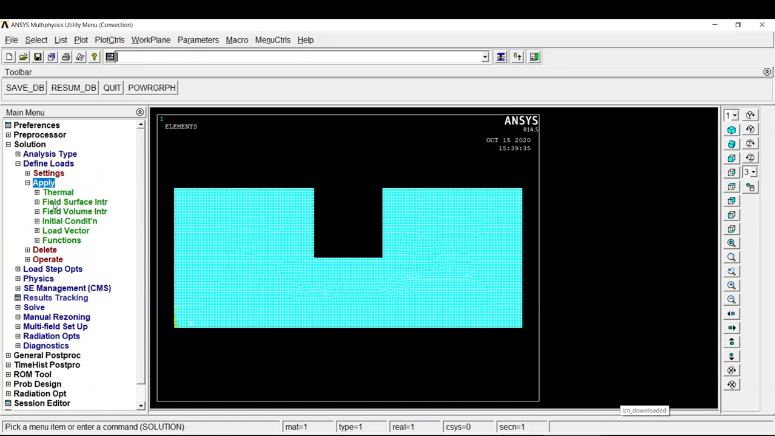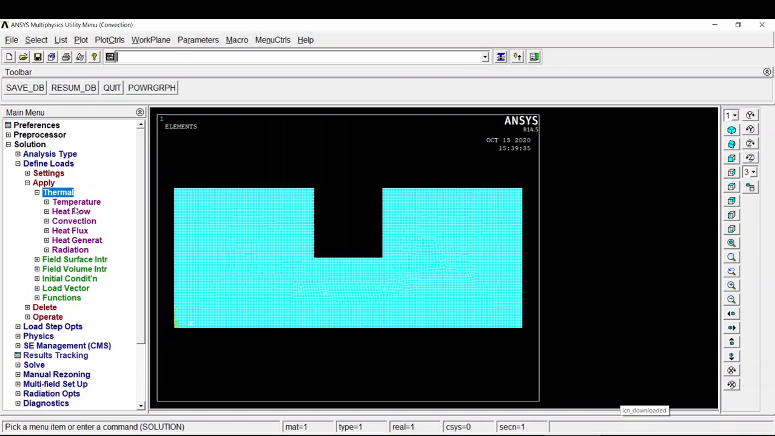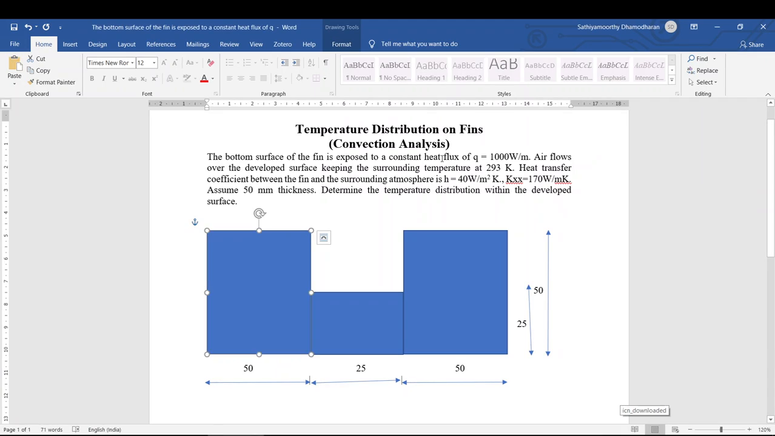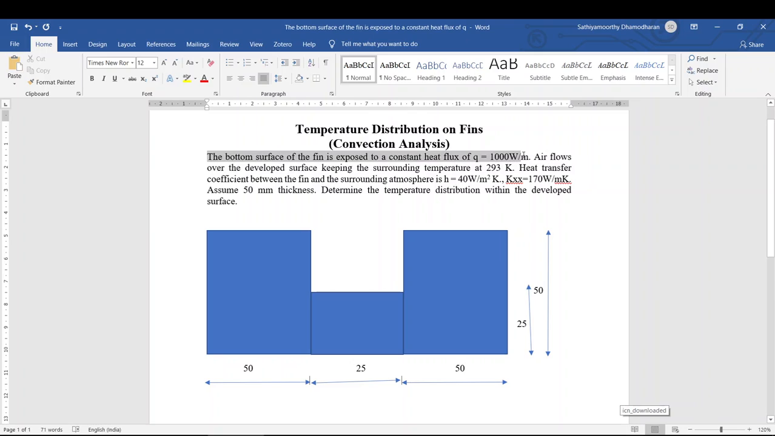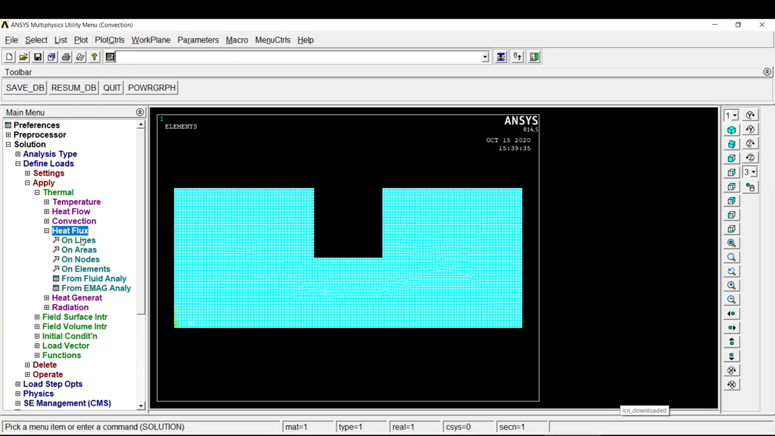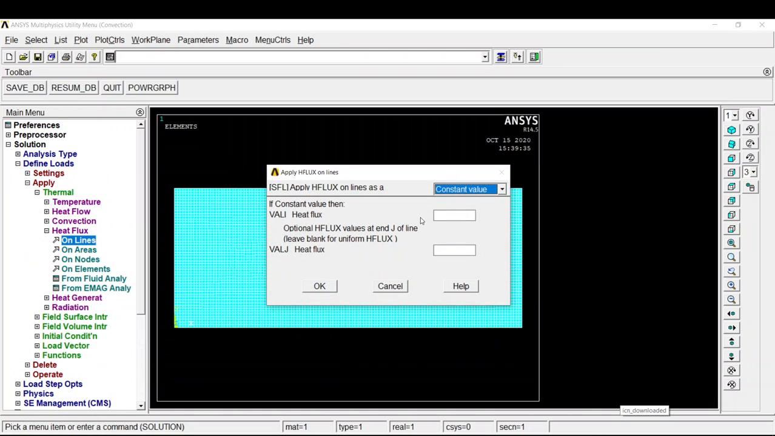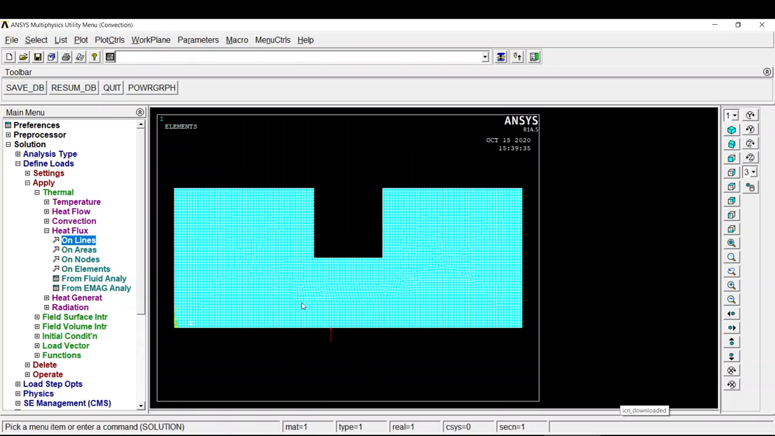Click thermal, define loads, apply thermal, and heat flux. So in the question they have specified the heat flux at the bottom. The bottom of the surface is exposed to heat flux on line. So just click the bottom line, and you will get the heat flux, and you have to enter the heat flux value, that is 1000. So heat flux is applied here, and